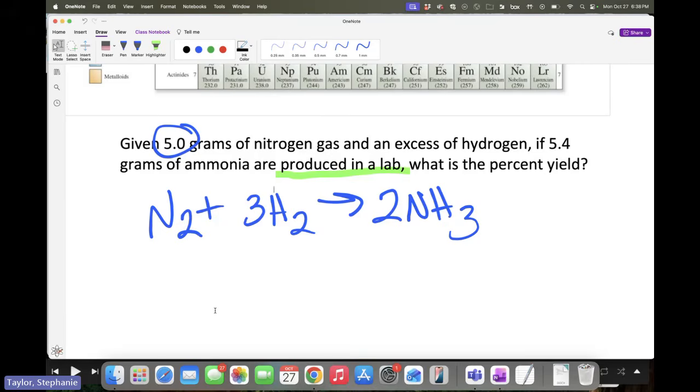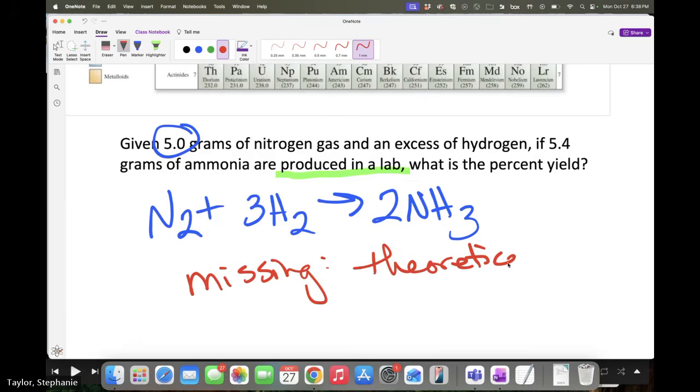Vanita. So if this said something like, Vanita runs an experiment where she mixes 5 grams of nitrogen gas in an excess of hydrogen, she gets 5.4 grams of ammonia after she completes the reaction. What is the percent yield? So what's missing here then? So missing is the theoretical yield,